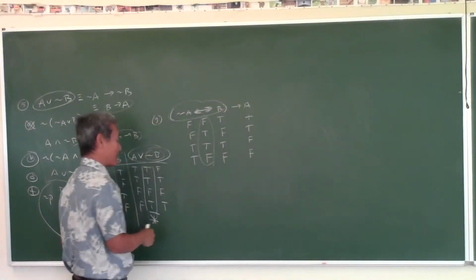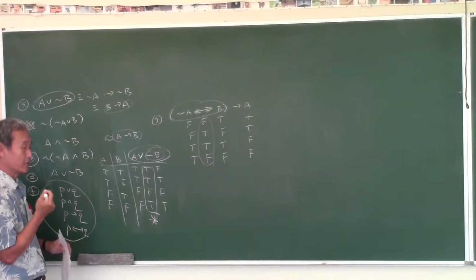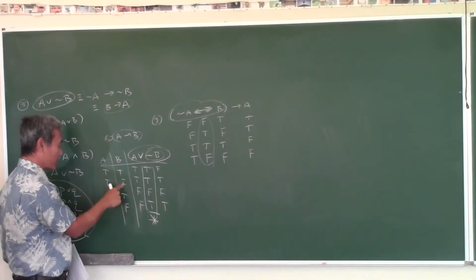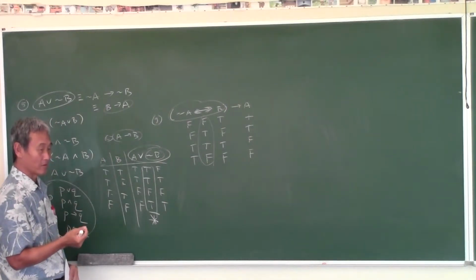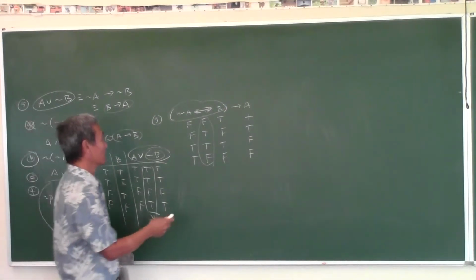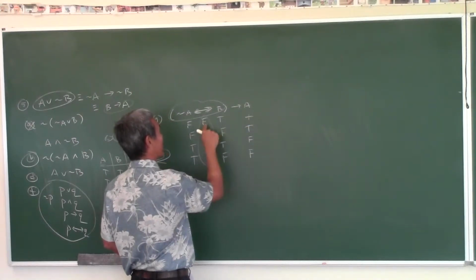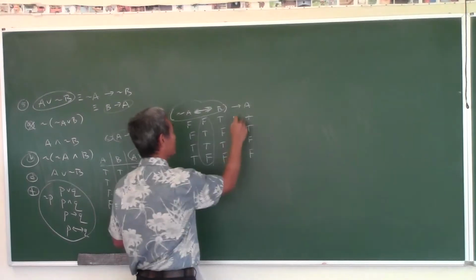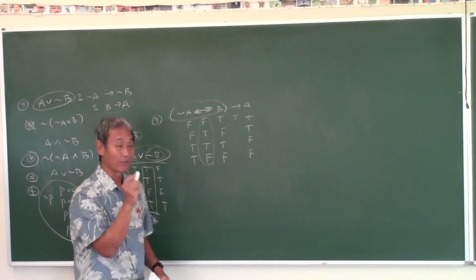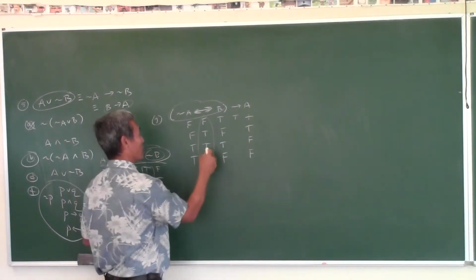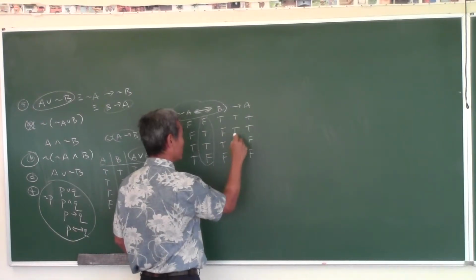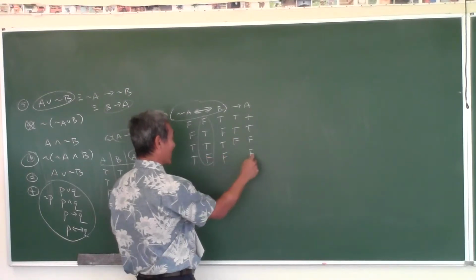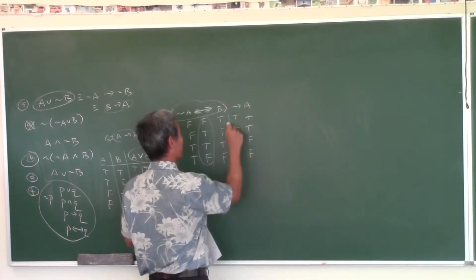Now, the conditional statement, how does that work? The conditional statement, the only time it's false is when the first one is true and the second one is false. That's the only time it's false. All other cases it's true. So, look at this. We have a conditional statement. So this implies this. A false implies a true. That's true because the only time it's false is when the first one is true and the second one is false. So, a true implies a true. That's true. True implies false right there. See, that's the only time that it's false. And then false implies false is true. So this statement there